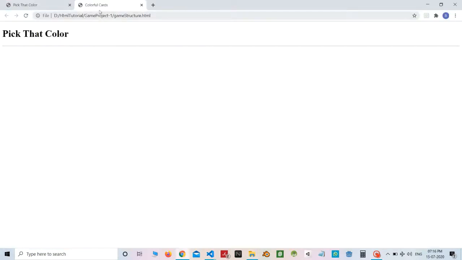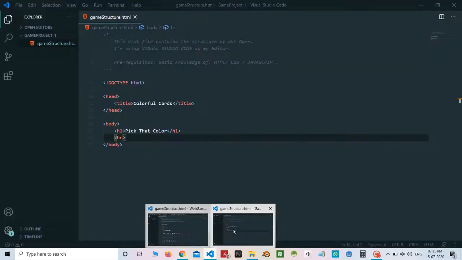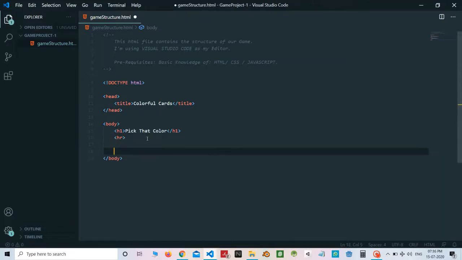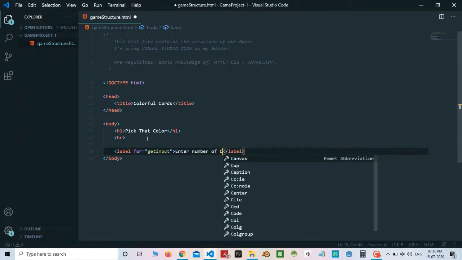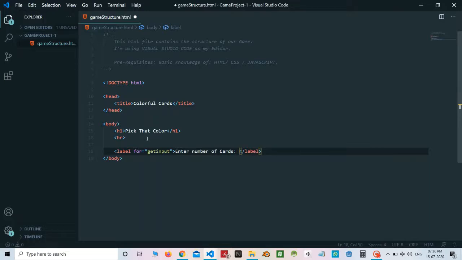Okay, here you can see the title colorful cards and you can see a horizontal line drawn. Now let's continue with our code. I will add a label, and for attribute I will write get input. I will write some text. Now let's write an input field